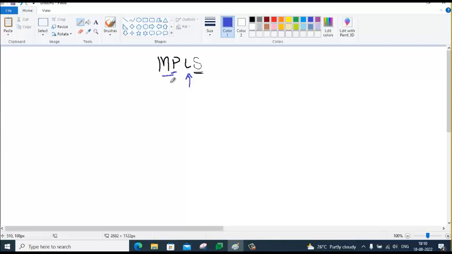Ethernet layer 2 encapsulation cannot be a suitable environment for frame relay. Whereas for MPLS, there is no constraint as such. Multi-protocol label switching, MPLS.